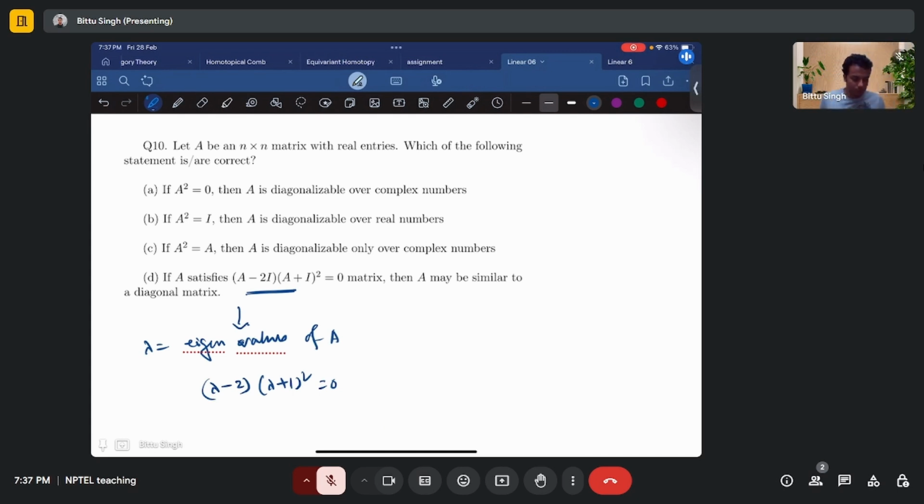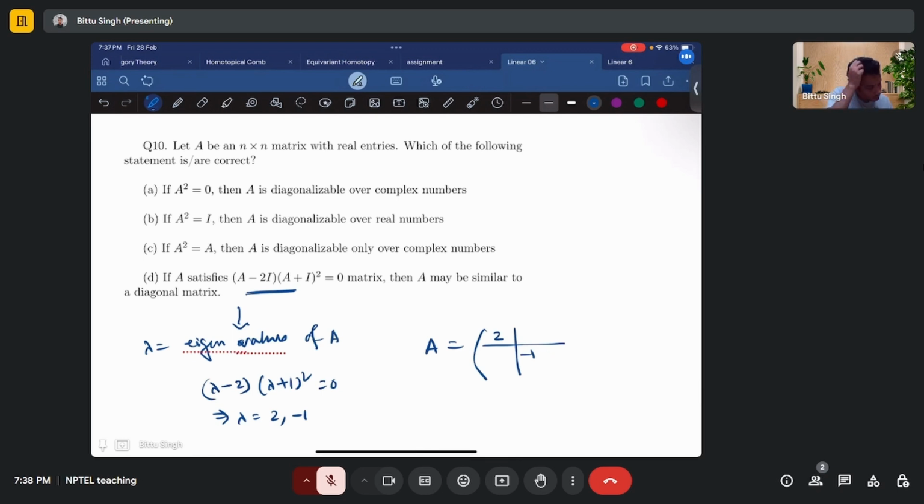This will imply that the eigenvalues are 2 and minus 1. Those are the only eigenvalues. Now we need to construct a matrix which satisfies this relation, but is not diagonalizable. So again, 2 occurs one time, so it is okay. But for minus 1,